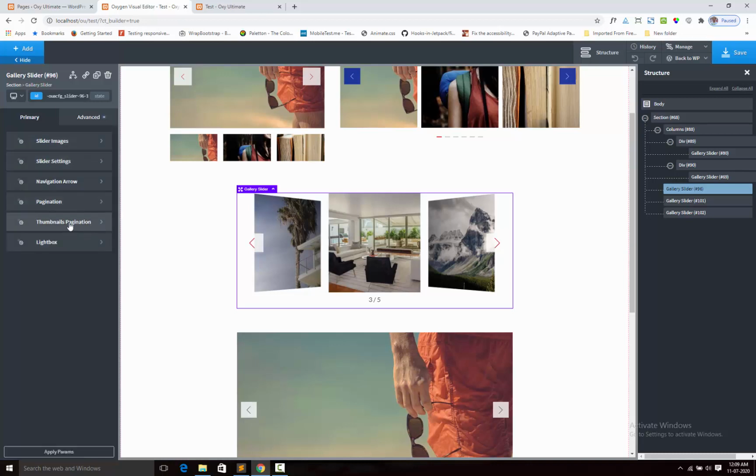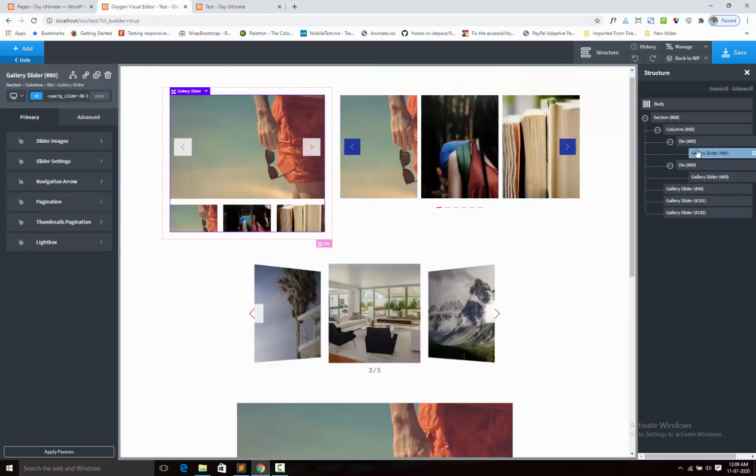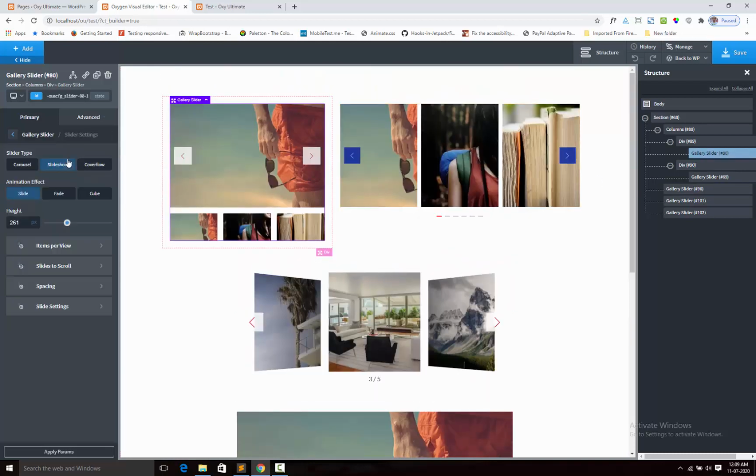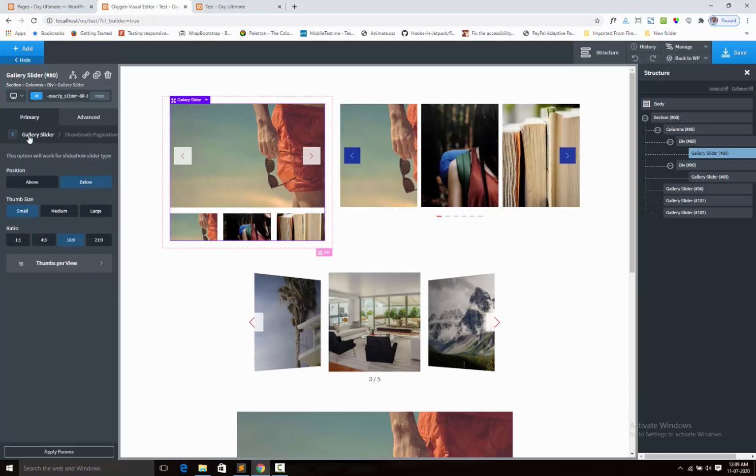Next is thumbnail paginations. So thumbnail pagination will work when you select the slideshow options for this slider. Here I select the slideshow, and for this slider type only thumbnail pagination will work.